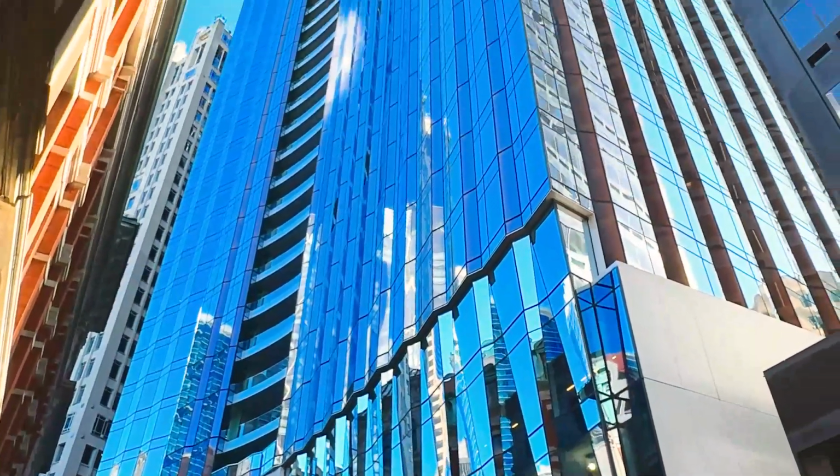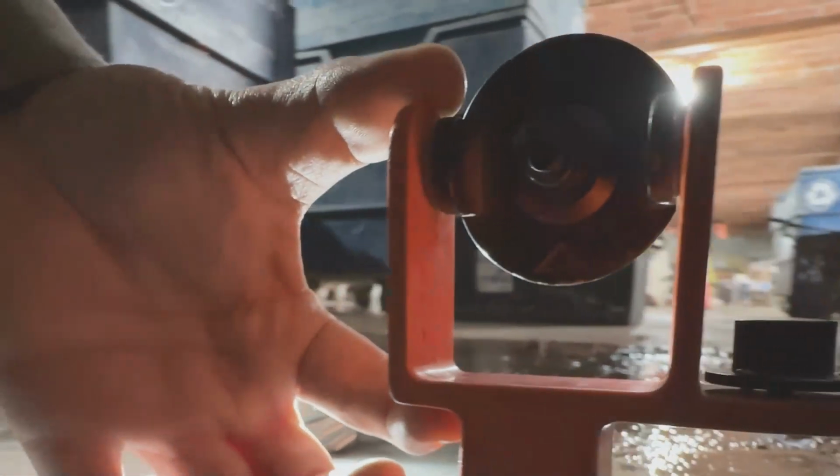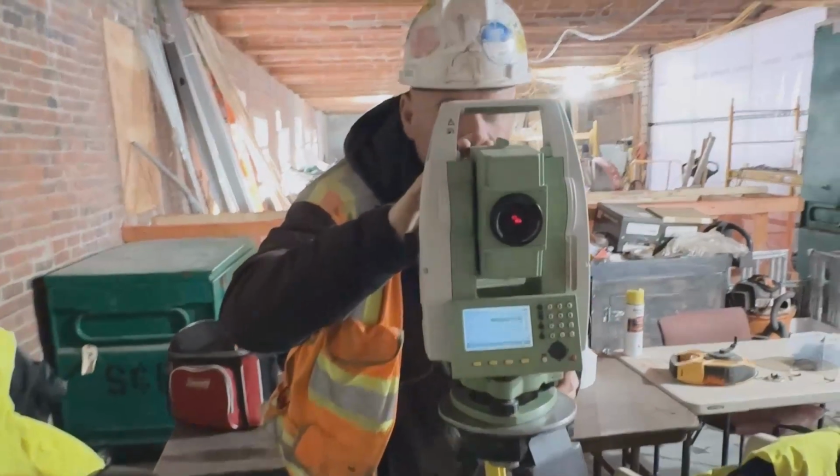And the reason why that's important is when you get into some of this more interesting geometry, like you see on this building, the windows that turn in and out, in and out. To make that control plumb through the entire building, you have to start at the ground. Your initial control has to tie into the foundation, which is going to tie into the rest of the structure. You then use core holes to bring the control up from the bottom of the building all the way up to the top. We have a lot of procedures that we have built out over the years for verifying that